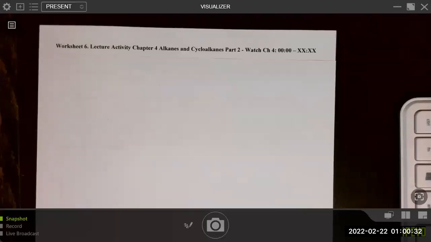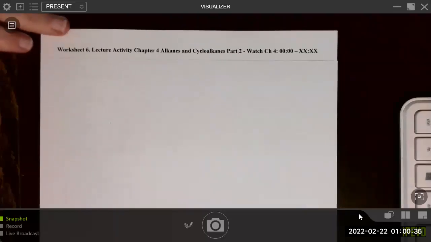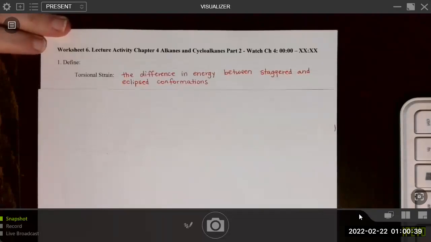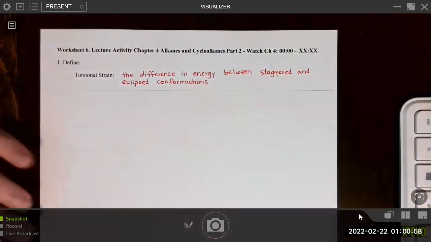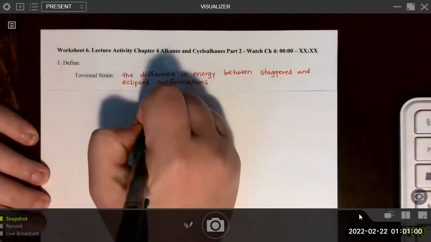Okay, so the beginning of worksheet 6 asked us to do some definitions, right? So I wrote them down in advance here. Torsional strain is defined, and you can have slightly different definitions as long as it means the same thing. But I defined it as the difference in energy between staggered and eclipsed conformations. So for example, if you were looking at ethane,